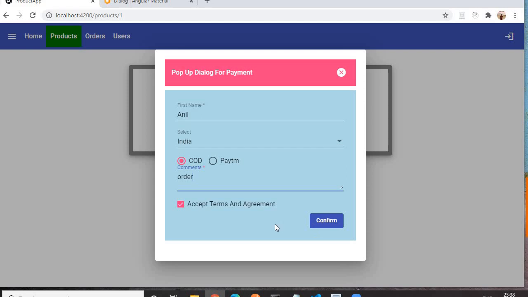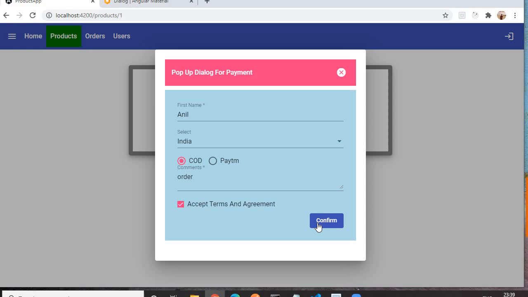Let me enter some more characters for the comment. I am getting an error message, maximum of 500 characters. Actually it should be maximum of 5 characters. For display purposes, I have used only a maximum validation of 5 characters. Although it is displaying 500 characters, we can just change the error message and everything will be corrected. So don't worry about that error message. This is how our form works.